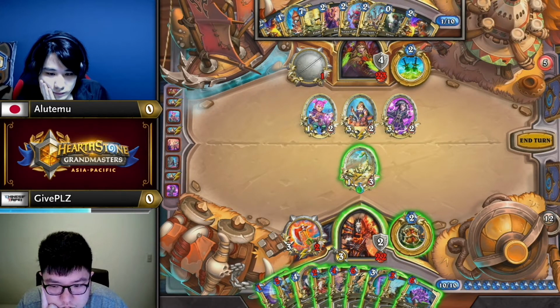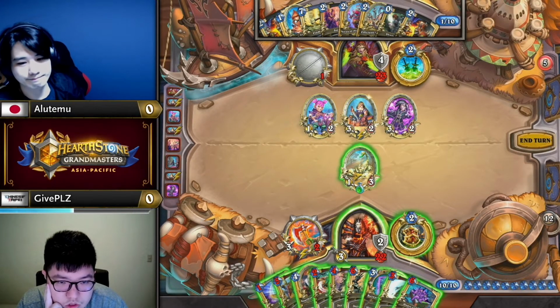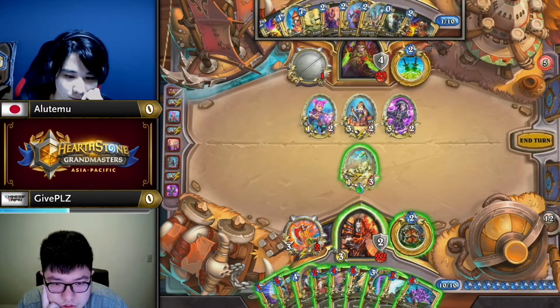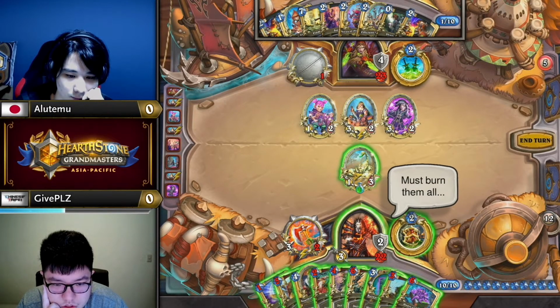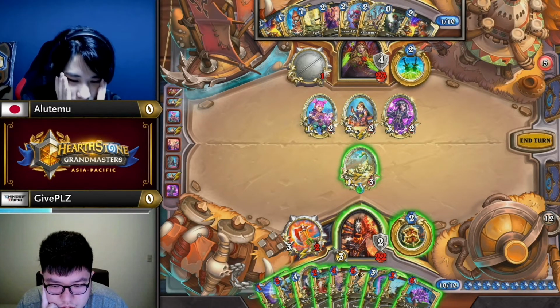Not to mention GivePLZ has this Bulwark of Azeroth that I think Alutemu's aware of, right? Because he should know there's one more weapon that was drawn by Corsair Cash, and then this Outrider's Axe was drawn naturally. Yeah, he can't really do all too much with that information, admittedly. Just make sure he has a weapon equipped to swing through the charges